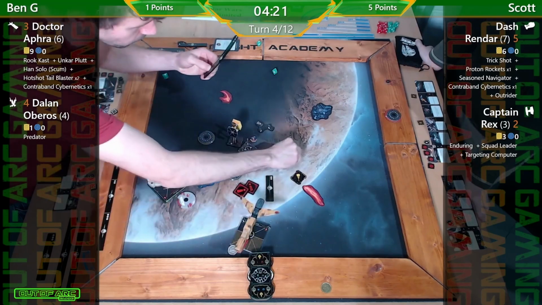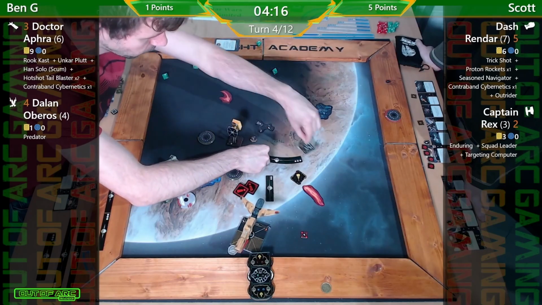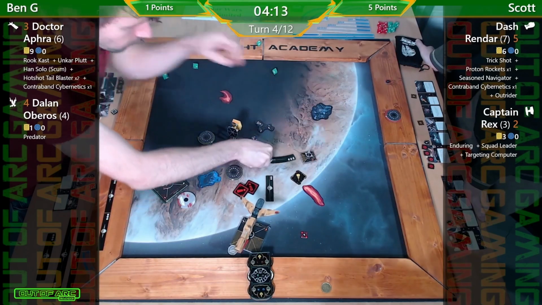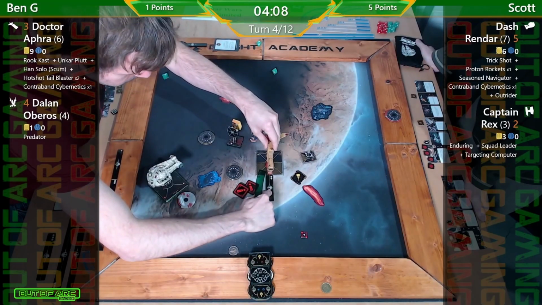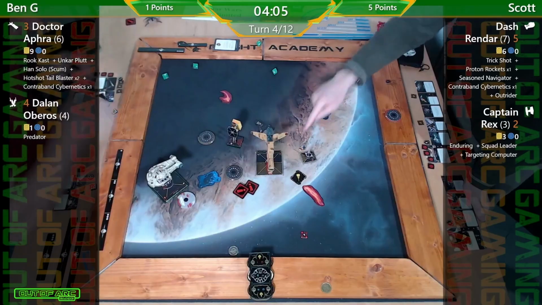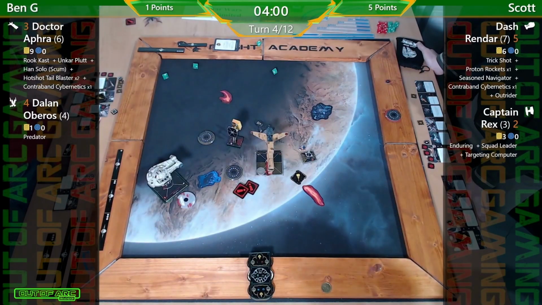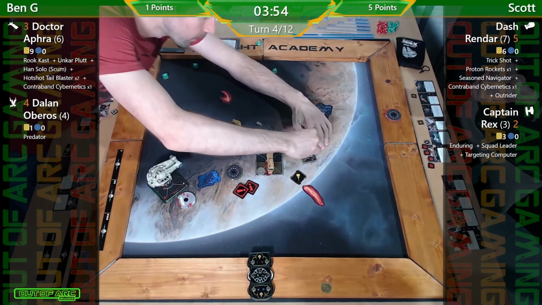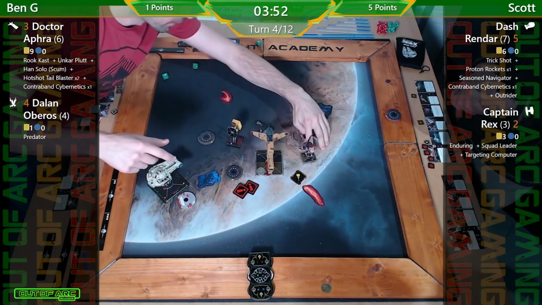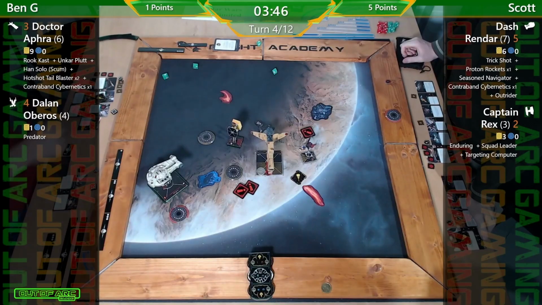And just marking up Afra. This, I'm assuming, is... Yeah, there we go. It is a sloop there from Dalen, so he will now actually have a shot into Rex. Now, interestingly enough, with that contraband cybernetics spend on Afra, can actually trigger Han Solo in a moment. So that stress isn't really going to stop that, but it all depends on where...